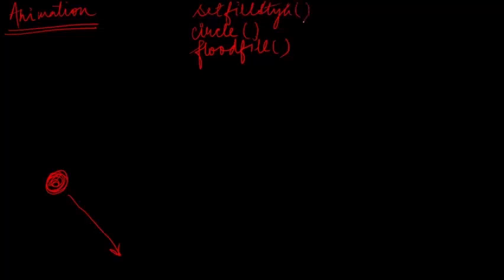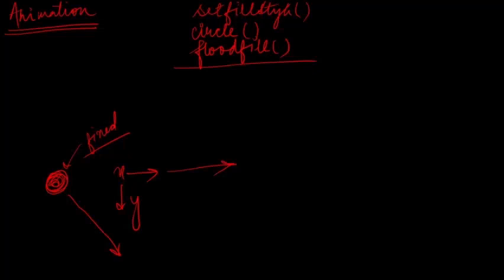Set fill style method. So this will draw a ball at a particular, fixed position. Now to make it move, what do we need to change? We need to change the x coordinate as well as the y coordinate. If we only change the x coordinate, it will keep on increasing to the right. But if we change only the y coordinate, it will only keep on increasing downwards. So to give it a slight slanting drop, we can change both the x and y coordinates.